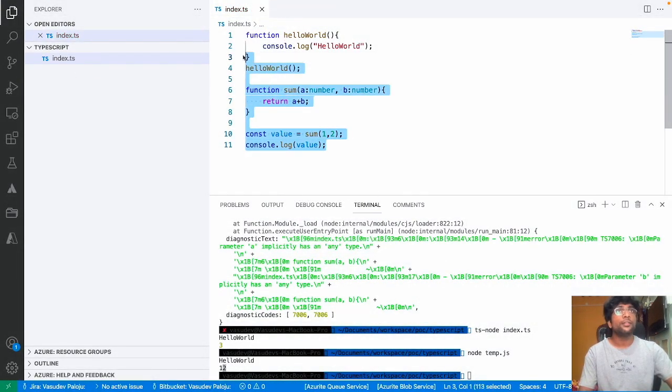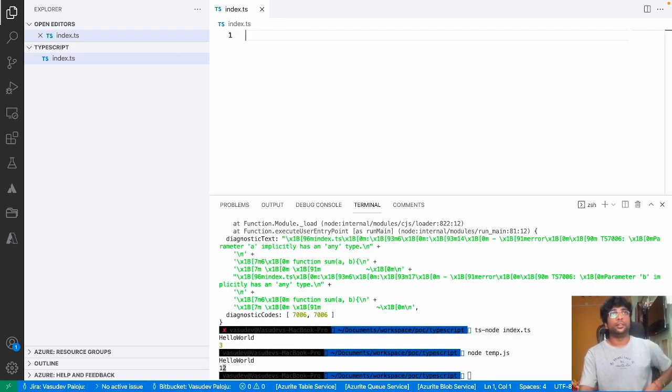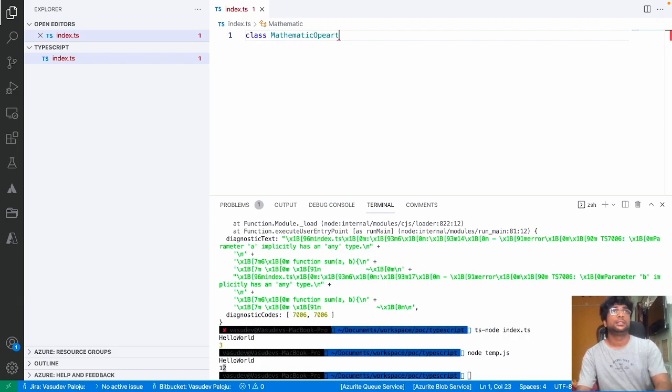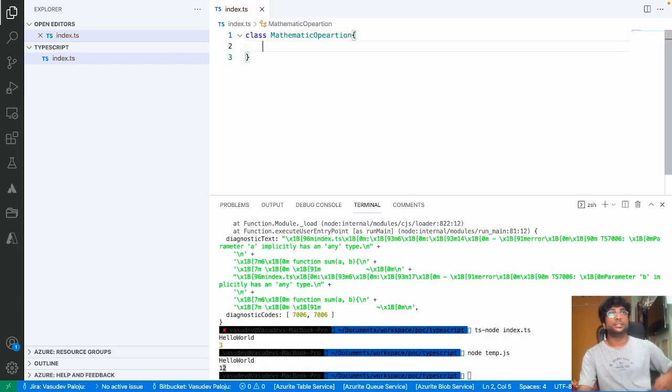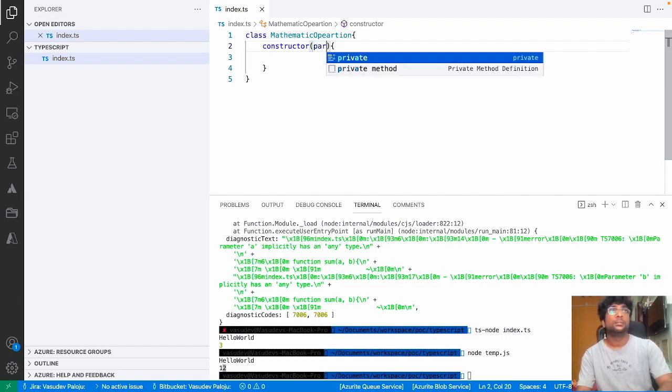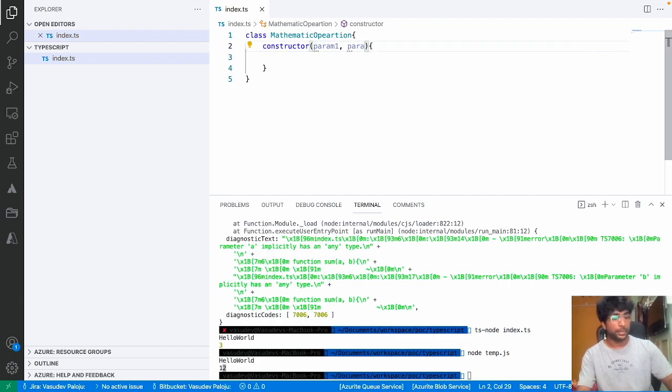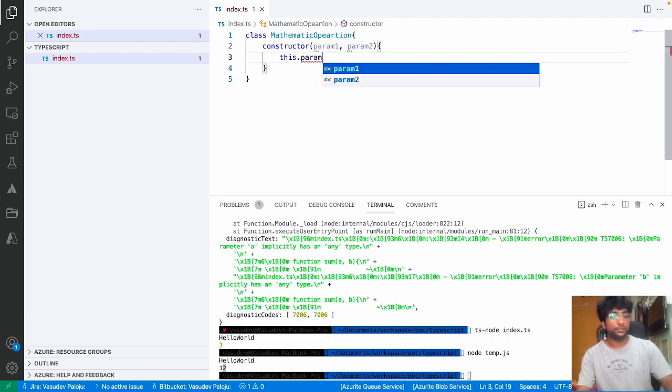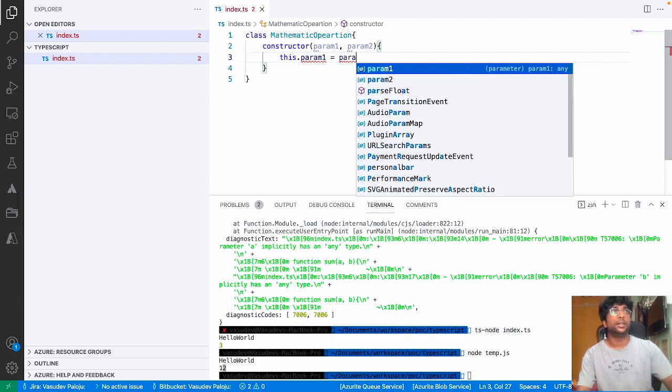Similarly, we will now write a proper TypeScript code where you define a class and everything. So how do you define that? Class mathematic operations, right? Class mathematic operations. And you can have the constructor. The constructor takes two arguments, that is param1 and param2, and this dot param1 is equal to param1. So